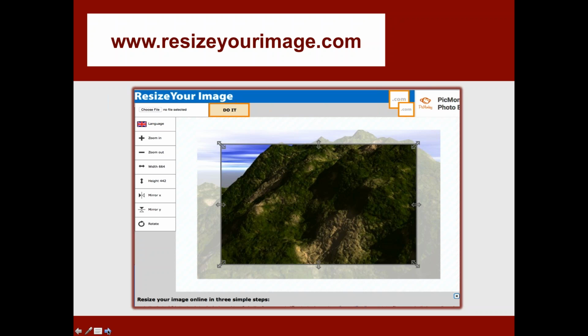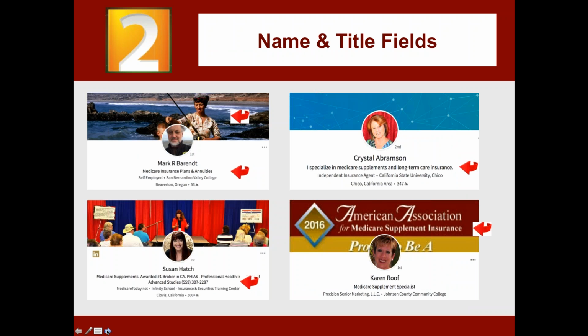You can see on the left-hand side the width and the height. So when you get your picture to the size that LinkedIn wants, you're going to click the Do It button. You're going to get it to the highest resolution, save it as a JPEG, and then click the Save button, the Do It and the Save button. It's really easy. I do these all the time. You'll save it, drag it to your desktop, and now you have a background image for LinkedIn. By the way, the same thing is true for your headshot,